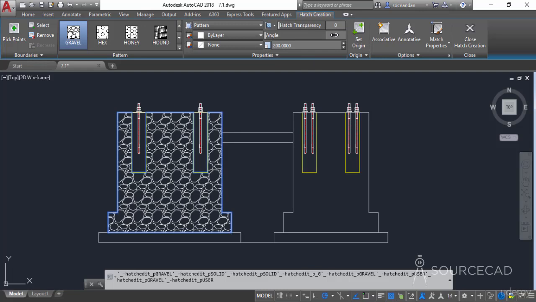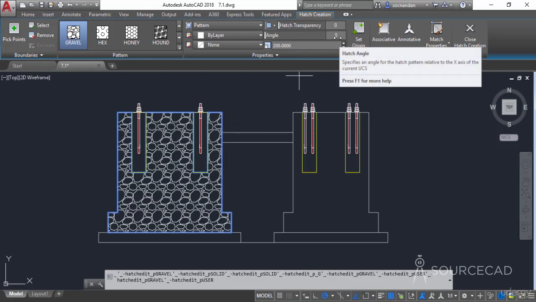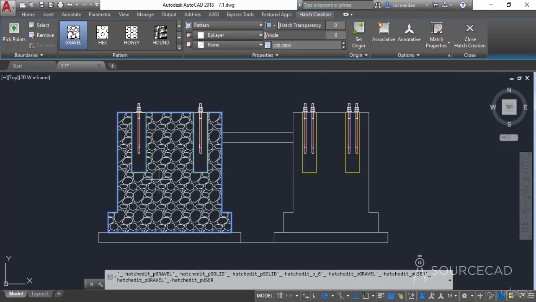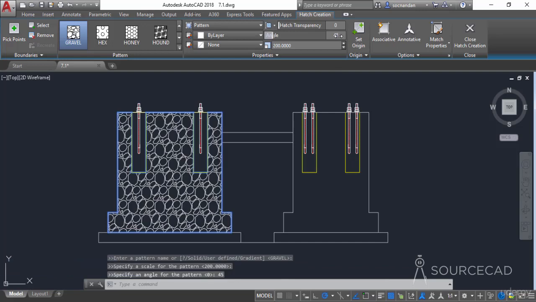Also we have an angle here which is set to 0, so you can change this value, and this angle will rotate the current pattern of your hatch. So you can change that value. For example, let's enter 45, press enter, and you can see there is a rotation in the pattern of these hatches. Although it won't be very much visible in this gravel pattern,